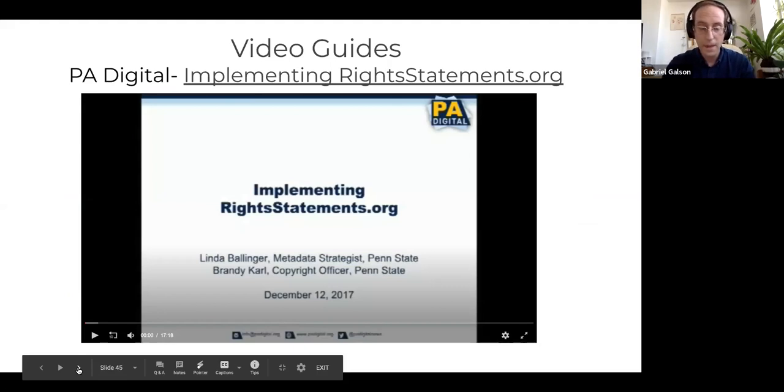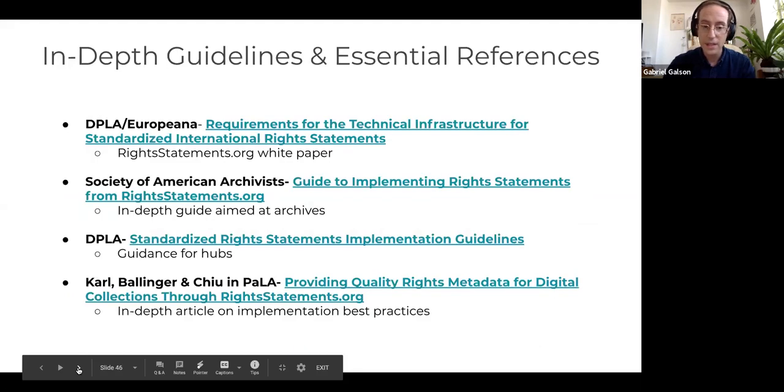Next slide. And here I've listed some essential text resources that you should definitely take some time to explore if you want to know as much as possible about the statements. And this certainly isn't all of them, but these are some highlights. Note that all of the resources that I highlighted here are linked through this presentation, as well as, of course, through the Rights Portal. So if you want to see any one of these in particular, you can through this presentation. Slide.